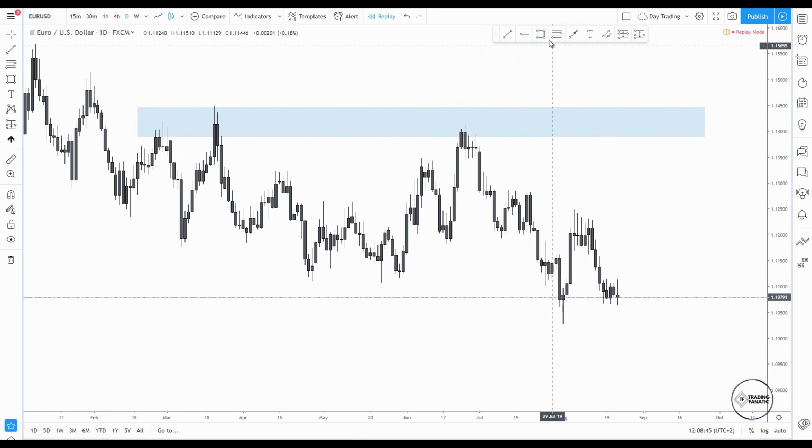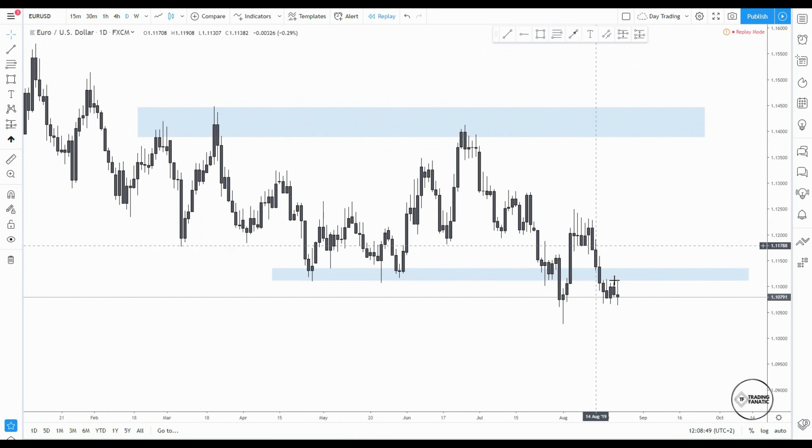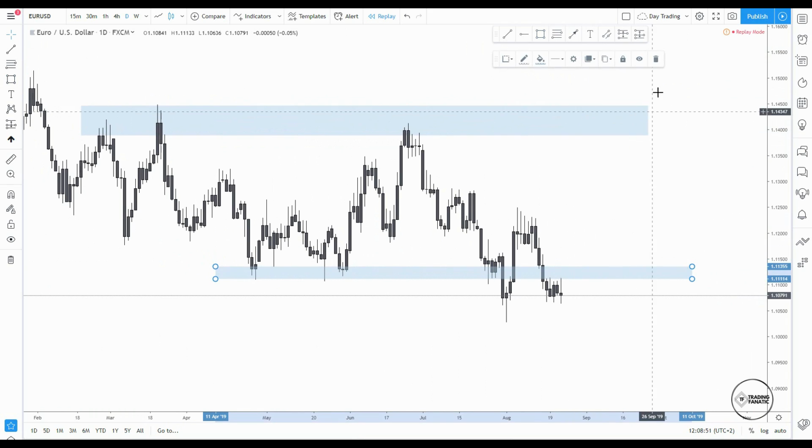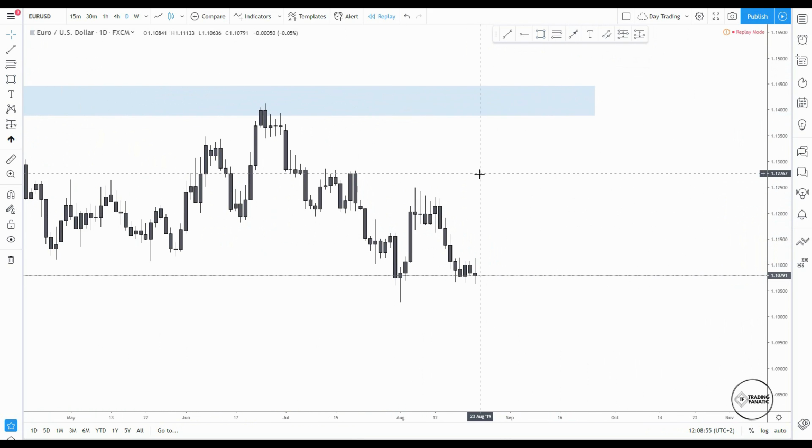So this is your supply area. And this was your demand area, which got broken. So you have even more confidence that this market is going down. As for support and resistance, you should mark on the daily time frame the swing highs and